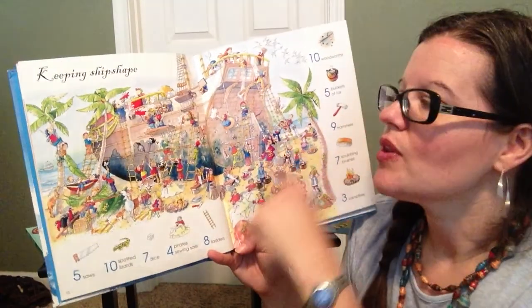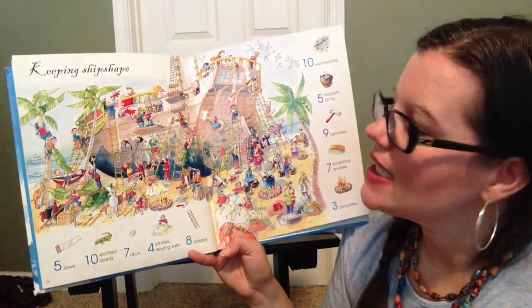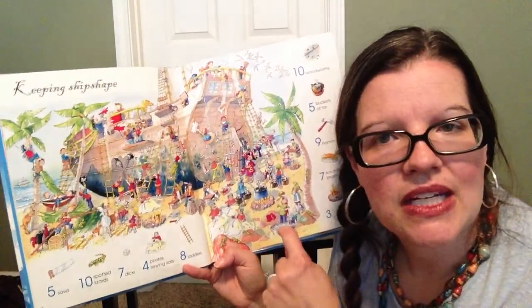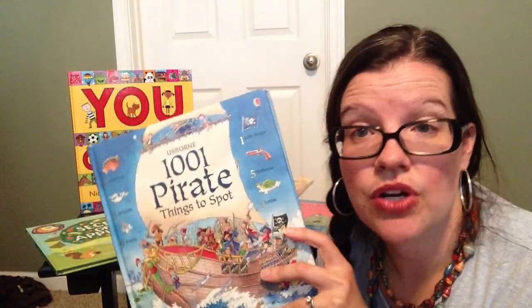And so we look through the picture, which is always beautifully illustrated and just really hilarious. They're always doing something really funny in each scene. So we look through it, we find the 5 saws, and then we go to the next one. So it's a fun book to use together with your child. Also love this too for car trips,